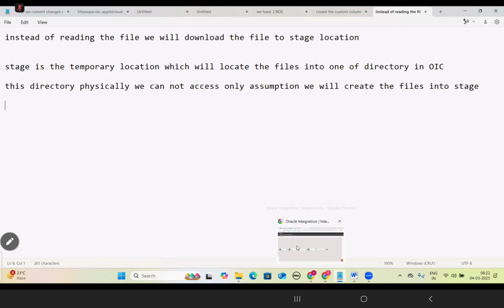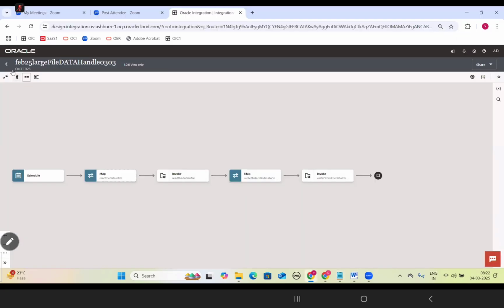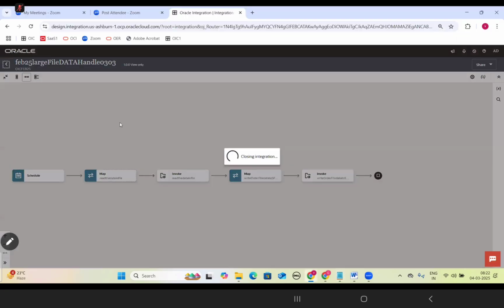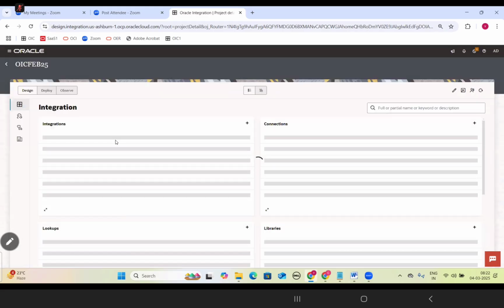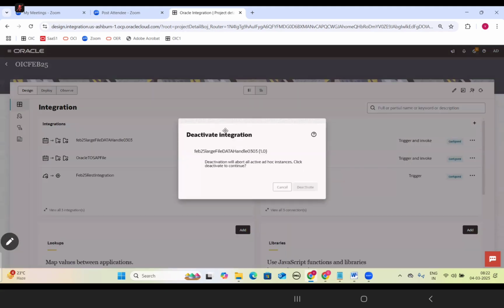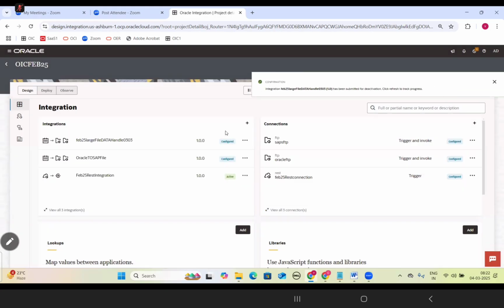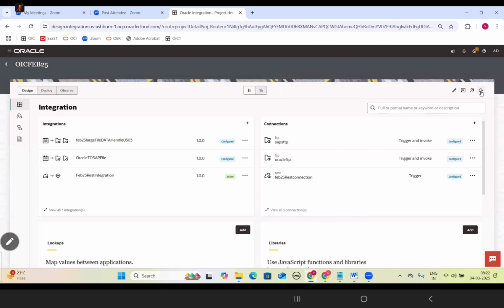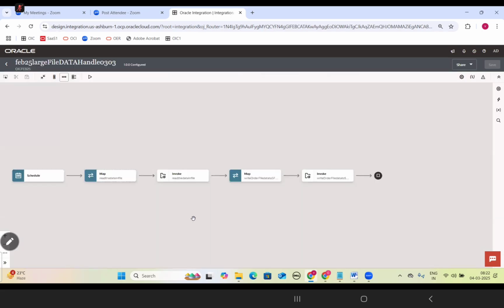So let's create it. If we go here, let's deactivate. Click here. Now instead of reading the file, we are going to delete everything.